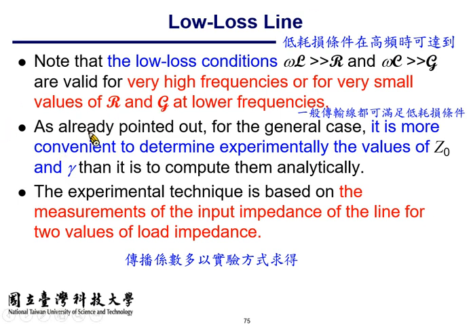So as already pointed out, for the general case, it's more convenient to determine experimentally the value of Z sub 0, the characteristic impedance, and the propagation constant gamma, than it is to compute them